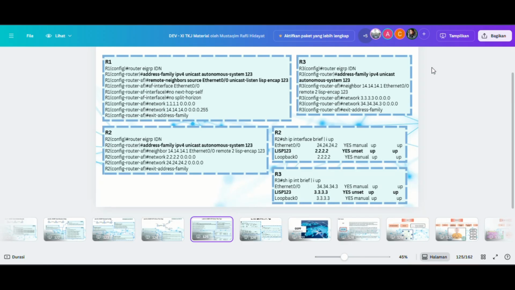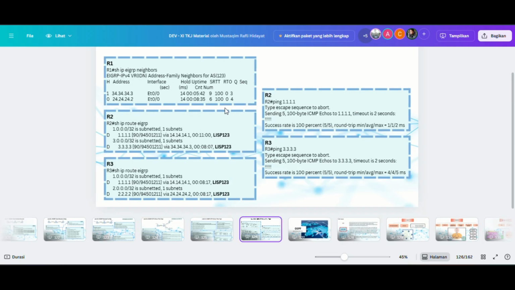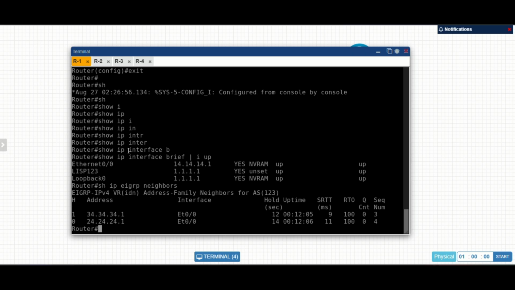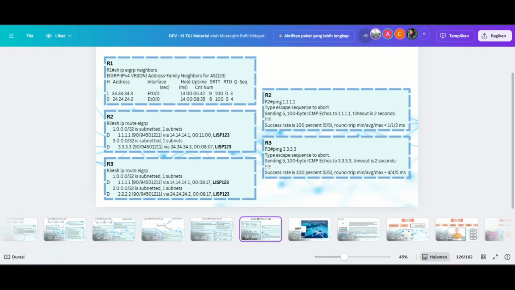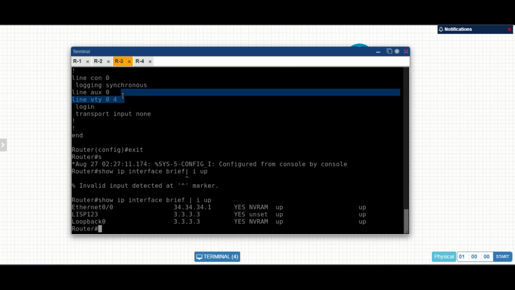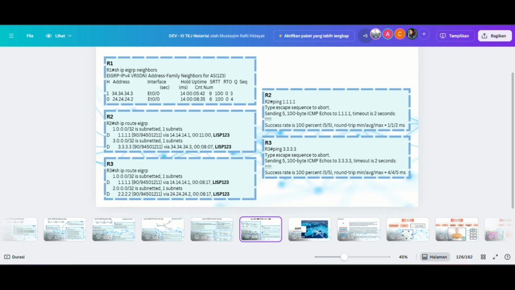So after we check all, we will show IP AGRP neighbors in our routers. Already connected to all. And then here we should show IP route AGRP, and then in the router 2 already connected, and then in the router 3 already connected to all.